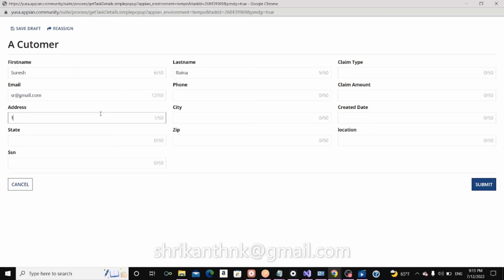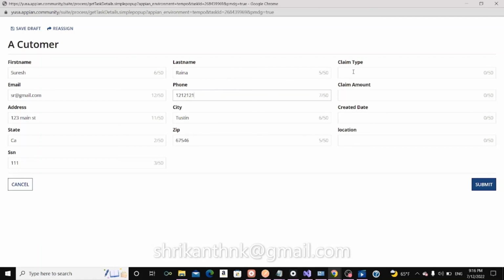Address is 123 Main Street. City is Tustin, California. And 111 is SSN. Zip code is 6754646. Phone number is say